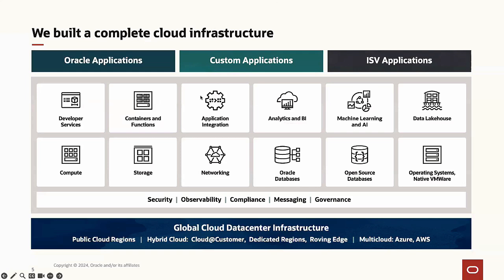Application integration. If you want to integrate different sources of data or different applications, you can facilitate different types of integrations using Oracle Integration Cloud. That's going to be one of our PaaS services. We also have some analytics tools, and Oracle Analytics Cloud would be one of those. Machine learning and AI